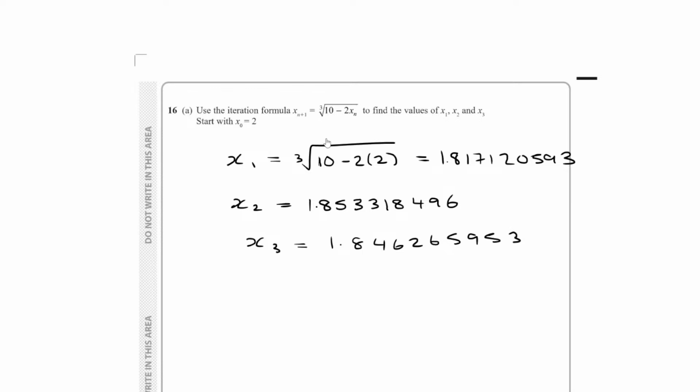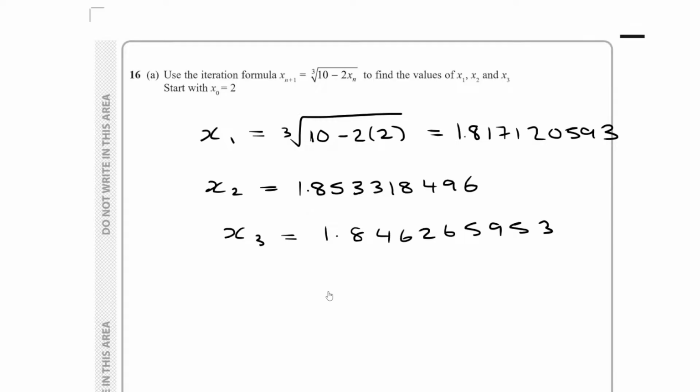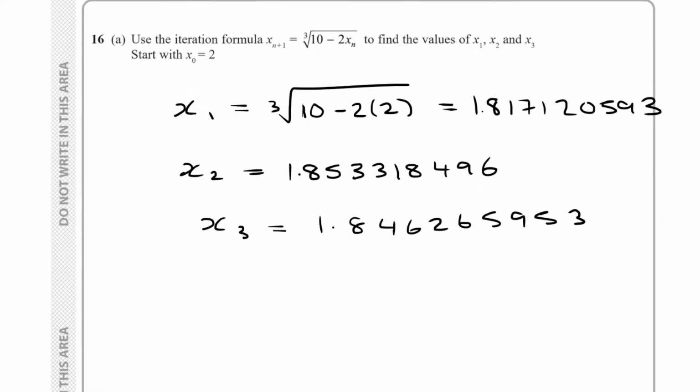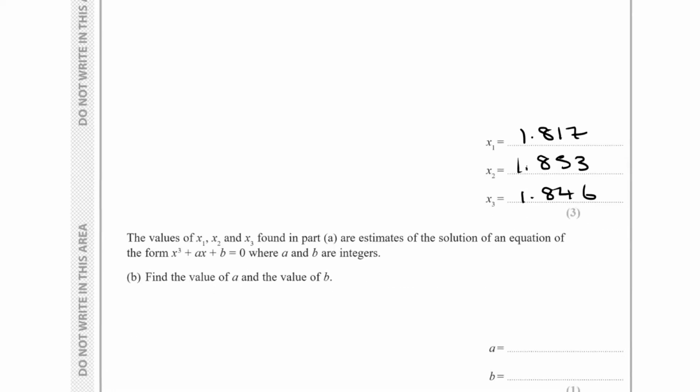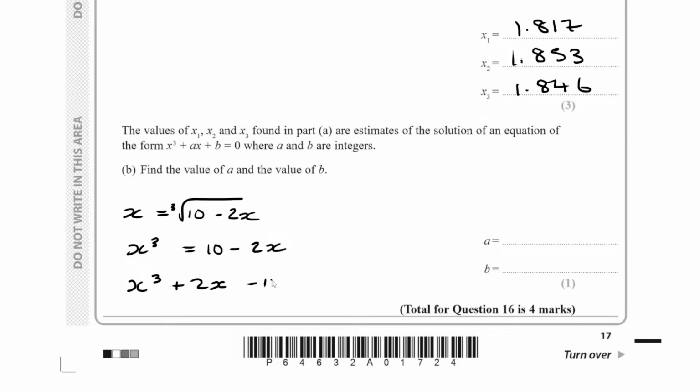So what I would do is just take this and rearrange it. So what was it? Cube root of 10 minus 2x. So ignore the n's and all that. What I would just do, let me bring this up again, is you've got the formula here, and then just rearrange that to get back to what they've got. So we'd obviously cube both sides. It's only 1 mark, so you don't really have to write working out, but just to show you. Then I would add the 2x, and then I would minus the 10, just so you get the right decimals. So do you see how x cubed